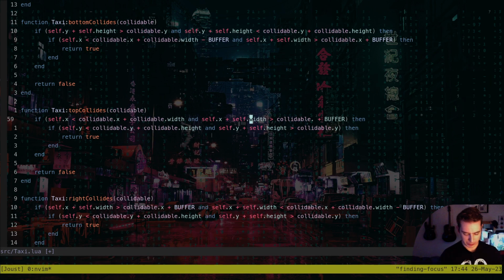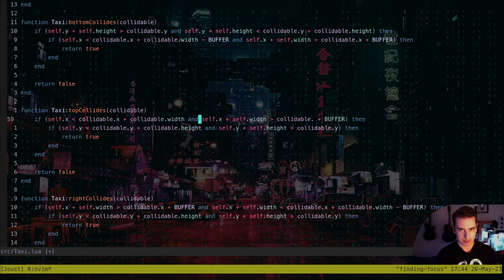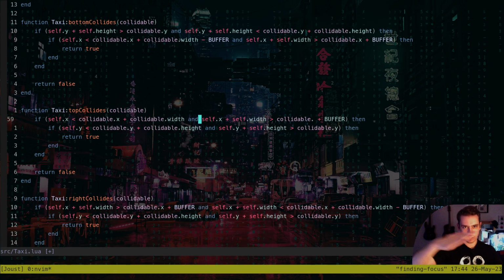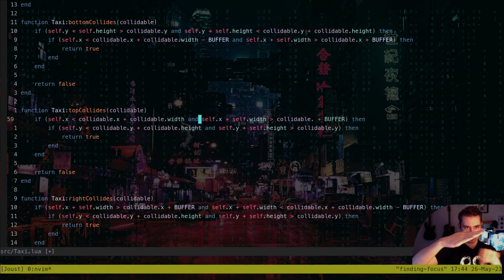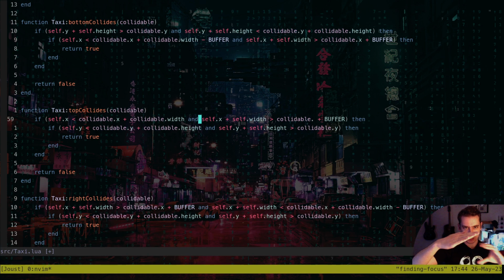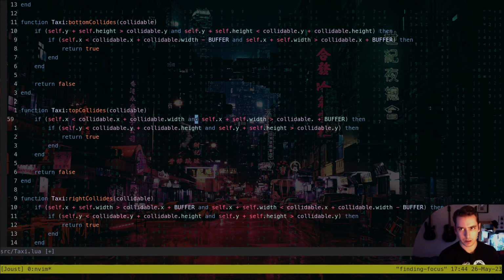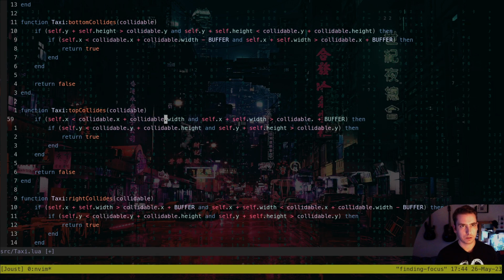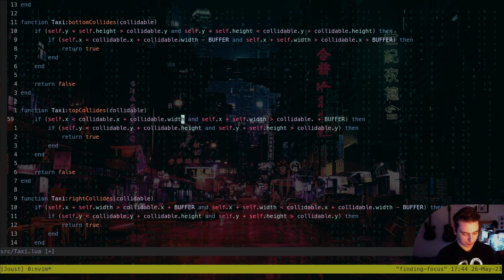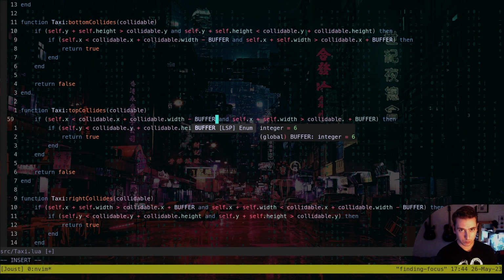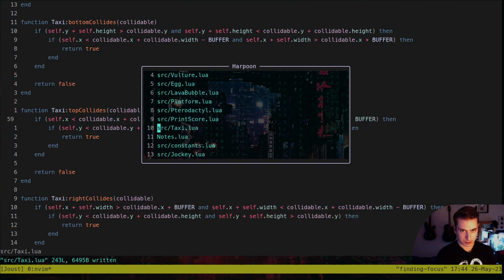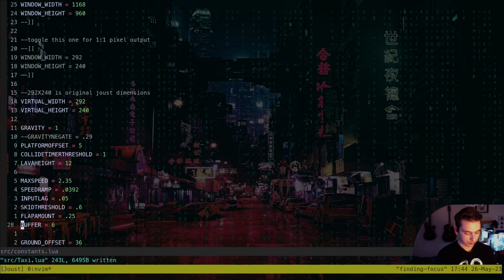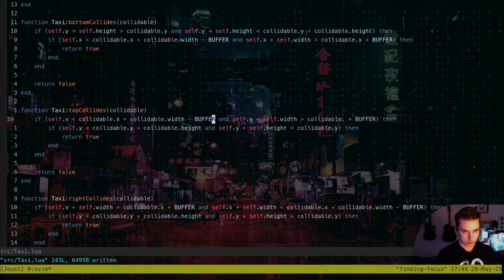So we had to do a little buffer so that the first few pixels of any platform are actually not collidable, so that you don't accidentally bump, because it's curved up, and if it was a square like this, we didn't want to detect a collision like that. So we've got this little buffer here. It needs to be smaller than this minus the buffer, which is just a couple pixels. If we take a look at our constants, our buffer is 6 pixels. So now that we've